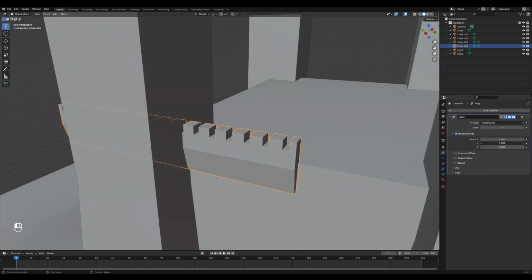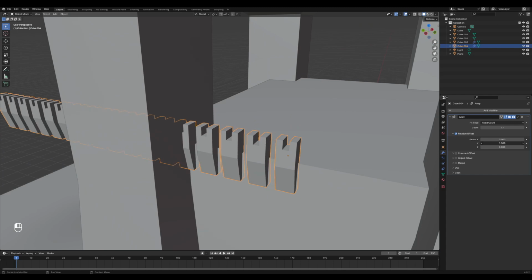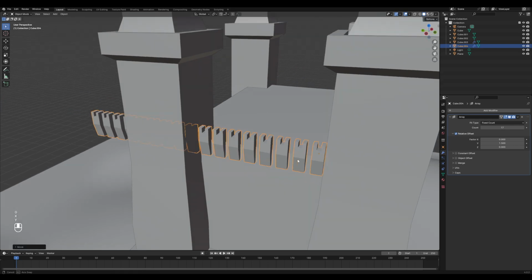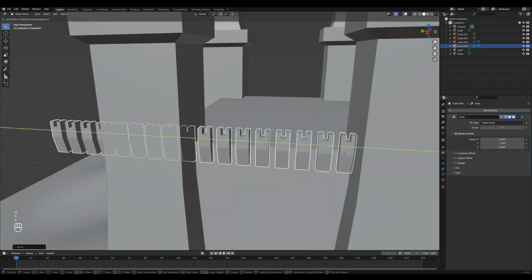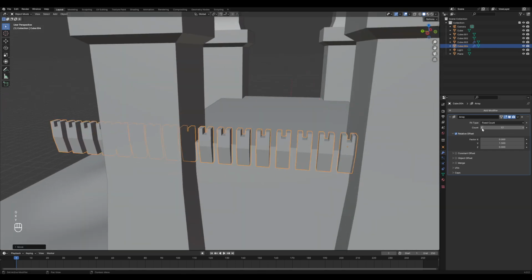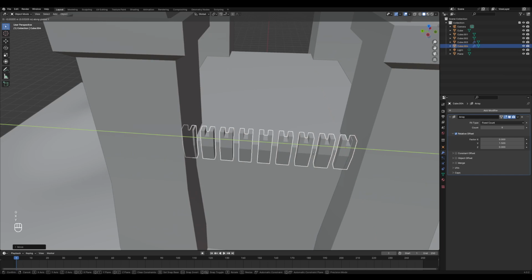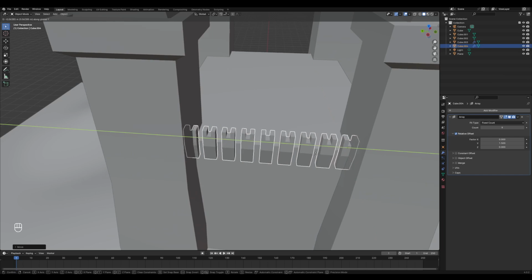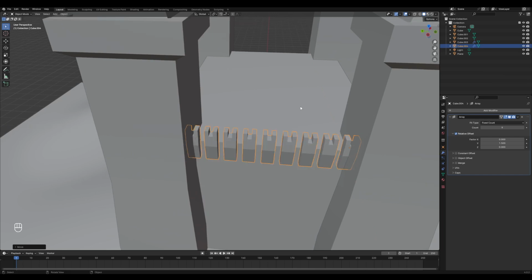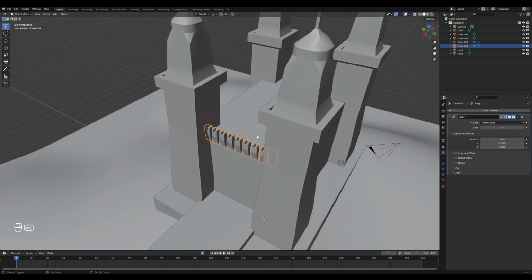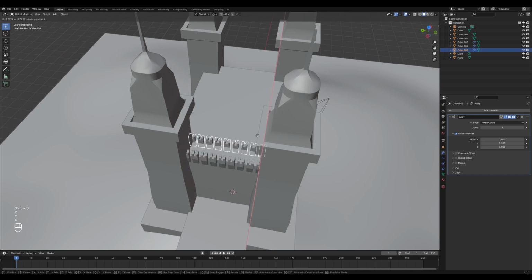I'm actually going to increase it a little bit more, so like 1.5, and then I can move this entire thing, and I'm getting these kinds of changes here. I'm going to decrease the amount here. I just want to place this somewhere in the middle where they seem to add up, something like that. And now I have this awesome object, and I can take this entire object and duplicate it to the other side,